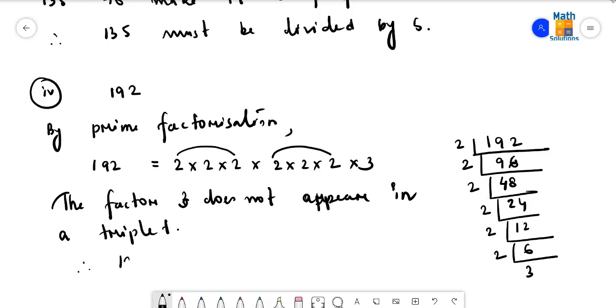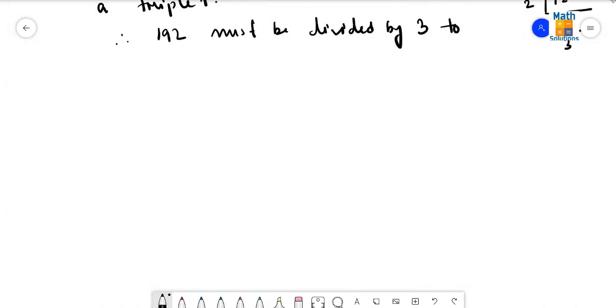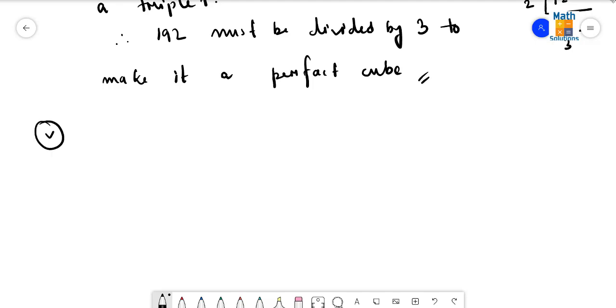Therefore 192 must be divided by 3 to make it a perfect cube. And that's the answer. And the fifth one under this is